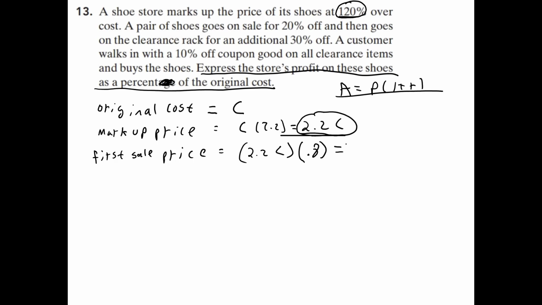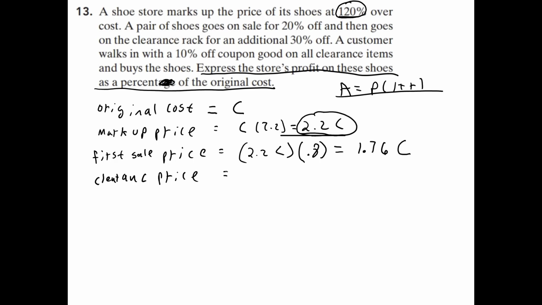And now this is just multiplication, so I can multiply in any order that we like. So the 2.2 times the 0.8 is 1.76. So now we are selling it for 1.76 times whatever it cost us. That is what that is saying. And then it goes on the clearance rack. So clearance price,